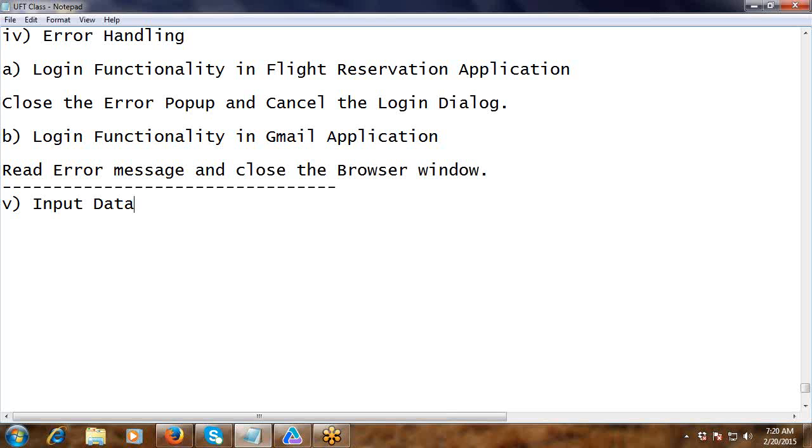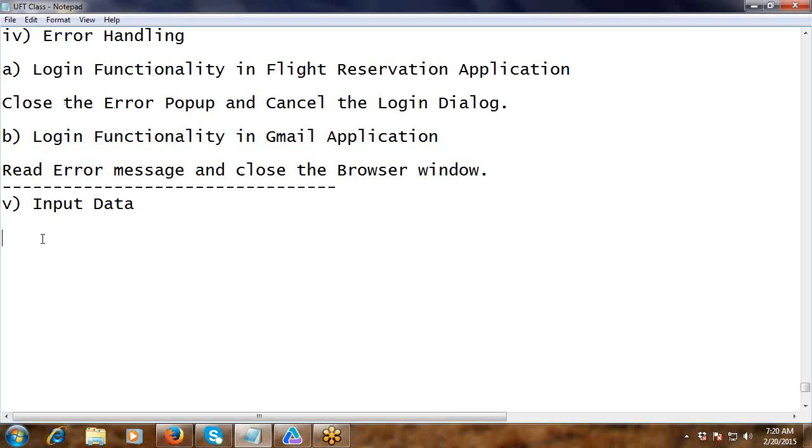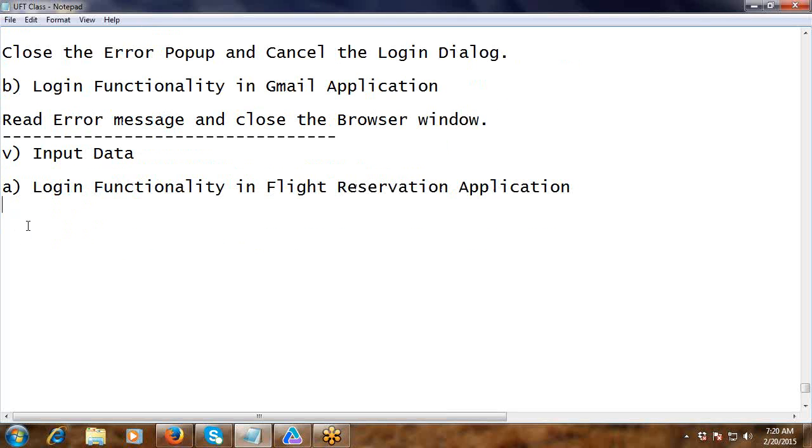Input data. See, for first one, identify the input data. For login functionality in flight reservation application, enter username and password. Agent name,